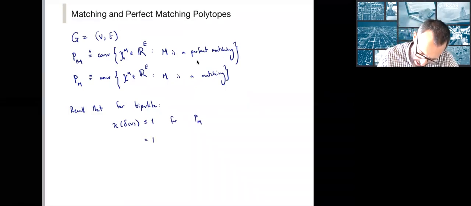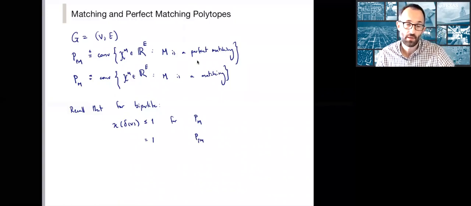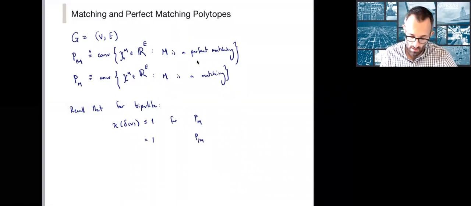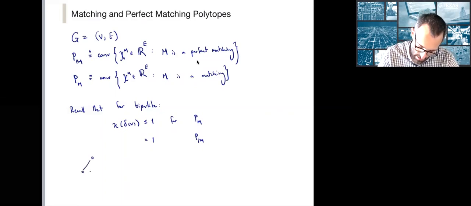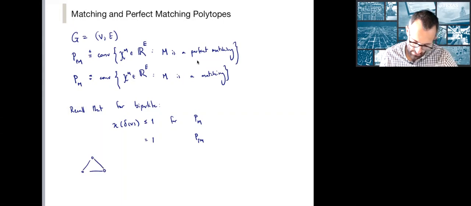And then if we put equality, this characterized the perfect matching polytope. But that's not enough in this case. And you can see that a graph like this, where I put weight 1/2 on all the edges,